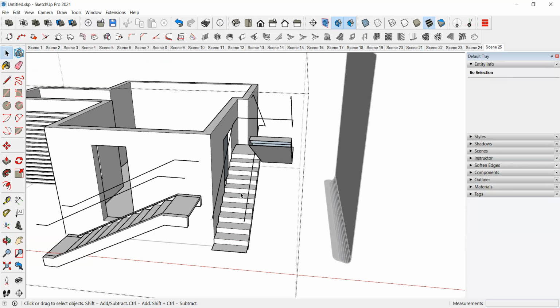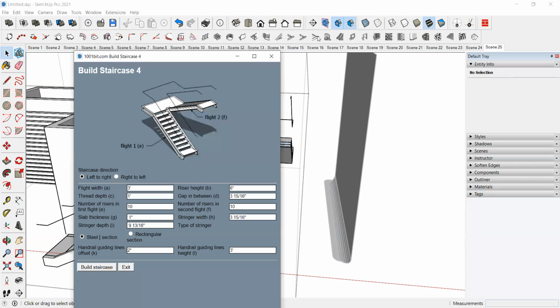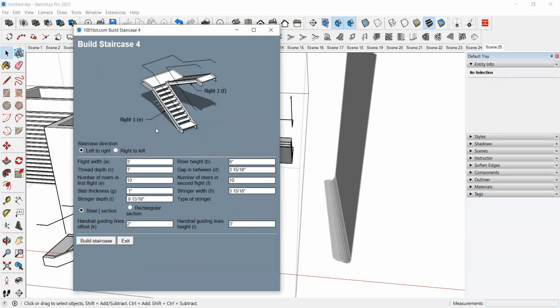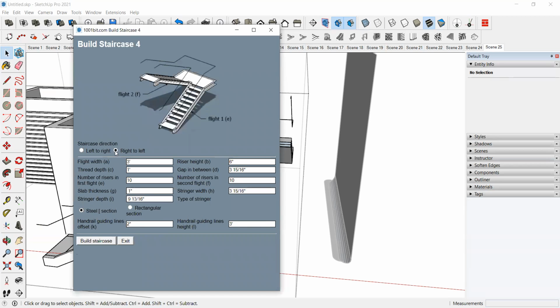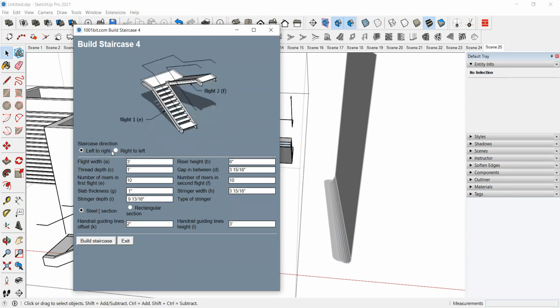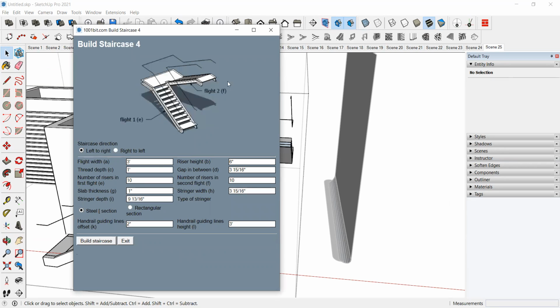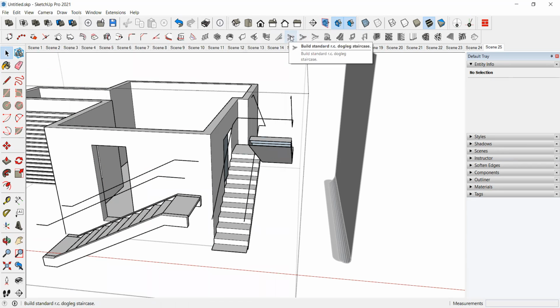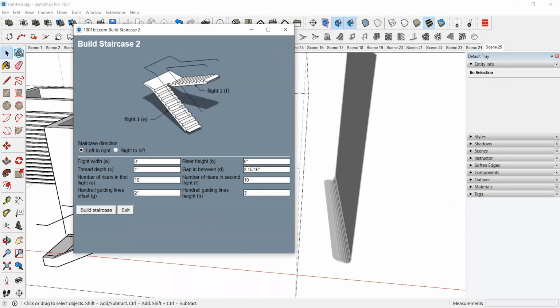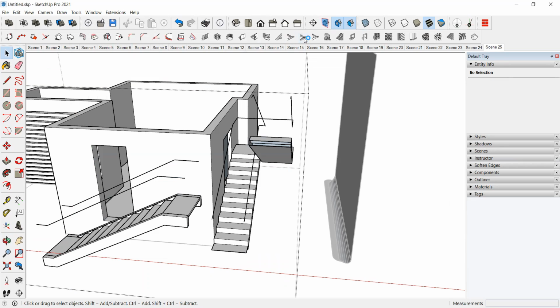So this is one option we have. And one more option is there, that is metal or timber one. So you can see the model there. So metal or timber, this one is normal one, concrete one. First one, build staircase.